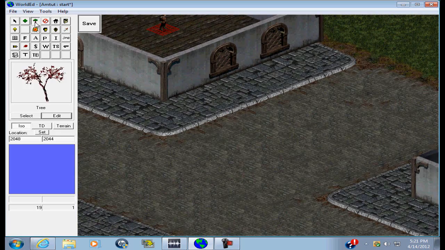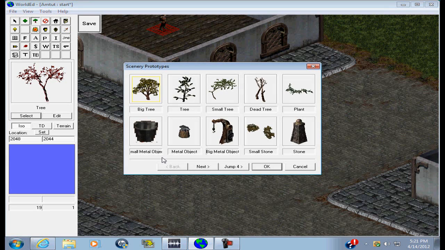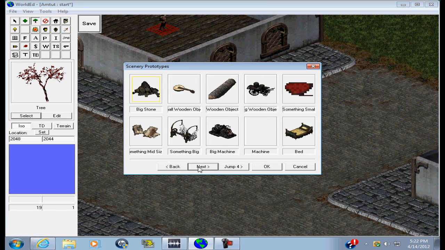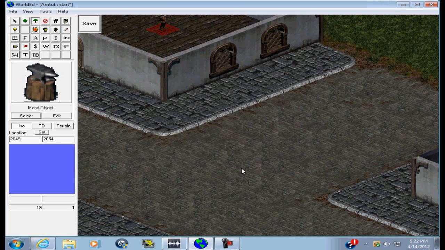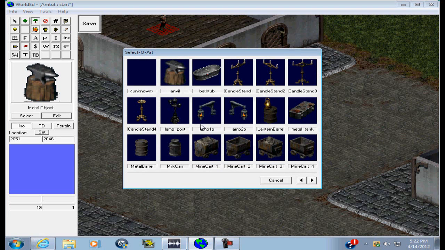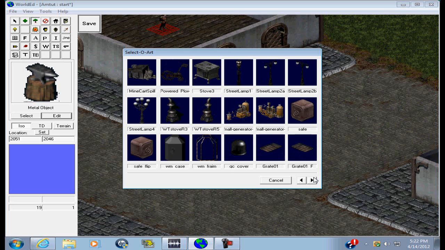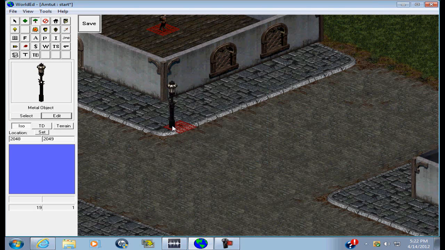Alright, so the next thing we're gonna do is add some lamp posts. So, once again, we come into scenery, and let's see if I can find it. Metal, maybe. And yeah, it looks like this is right. Alright, so we'll go ahead and grab a random street lamp, kind of like this one here, and we'll place it. Alright, so now we have 2 street lamps,